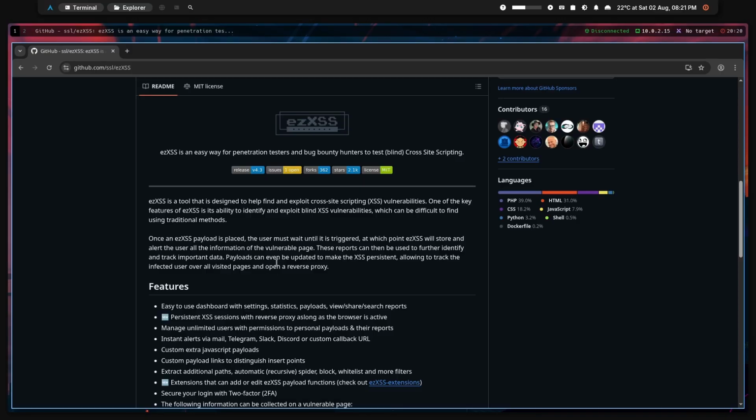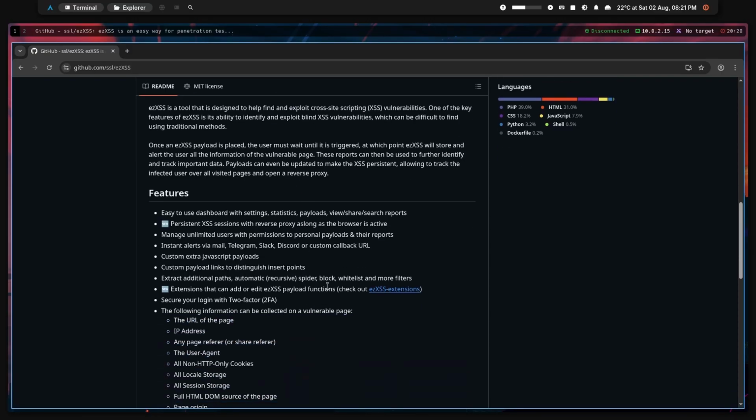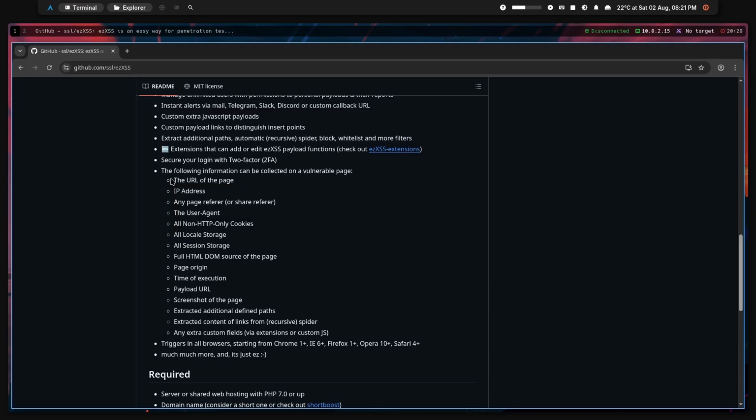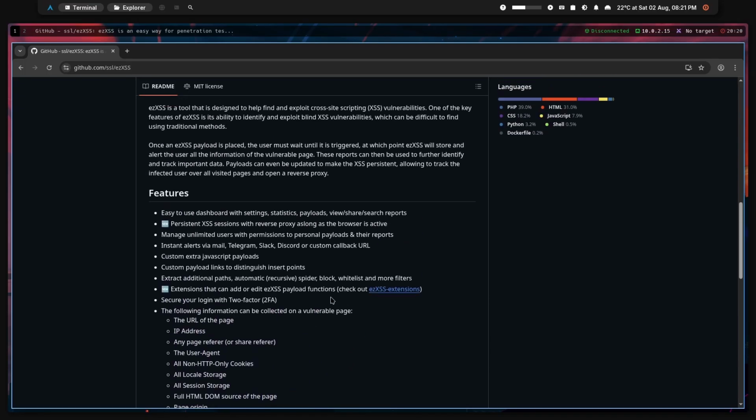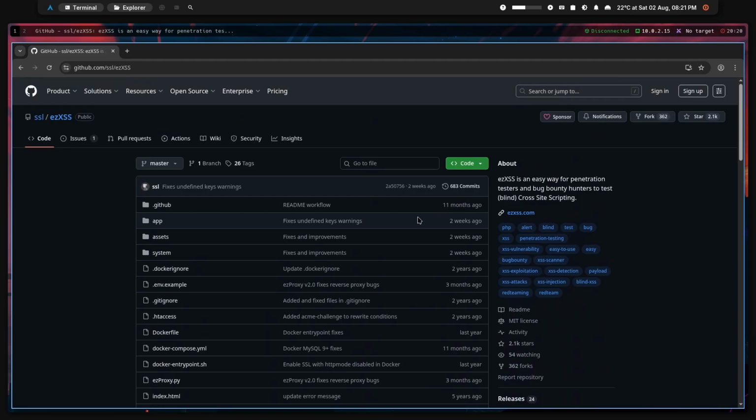That callback will include stuff like the screenshot from the website which your payload was fired on, URLs, different things like that, cookies if there are any, and then for example local storage. This is all of the things that will be captured on your server. It's a lot, and I believe that it is one of the best XSS frameworks out there because it's being